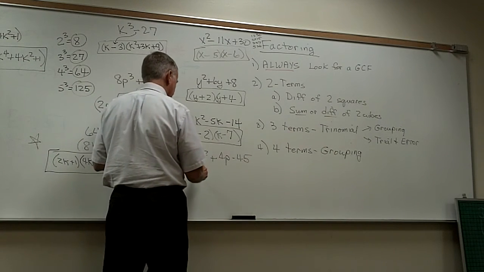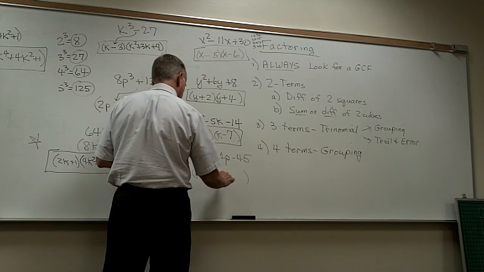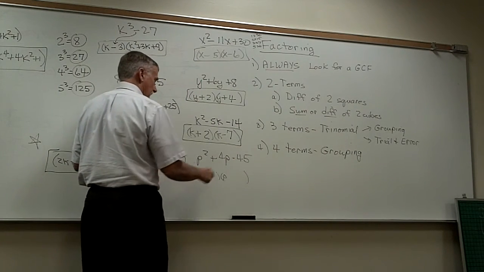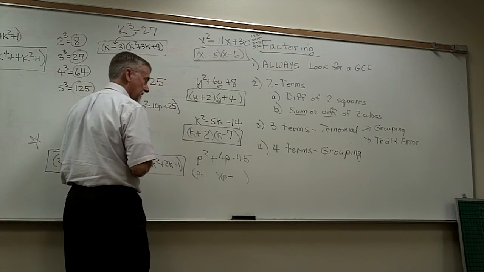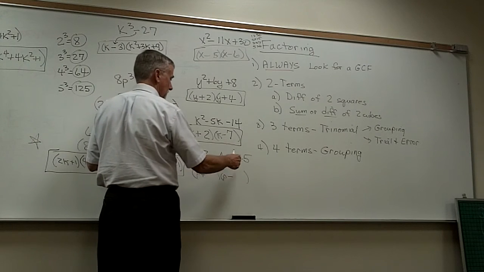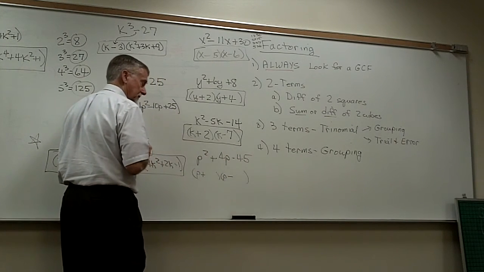Last example is similar to that. There is no common factor. So I'll start with a p times p to get the p squared. Last term negative, telling me signs are different. One's gotta be positive, one's gotta be negative. So I'm looking for two numbers that will multiply to give me 45, but since they have different signs, subtract to give me 4, and that would be